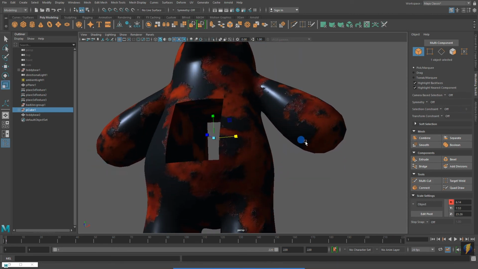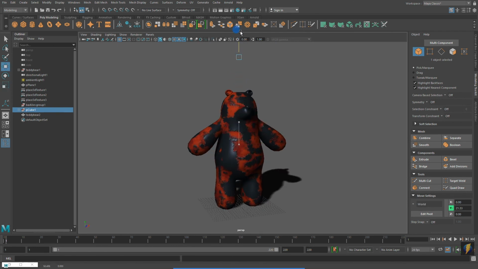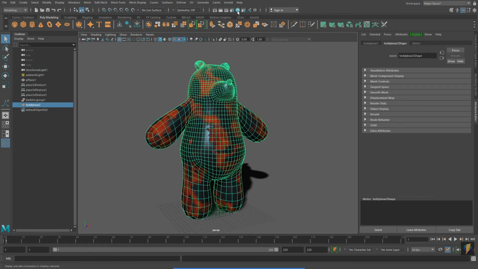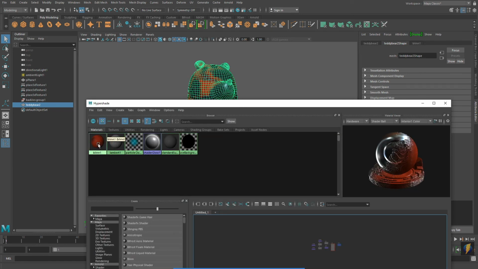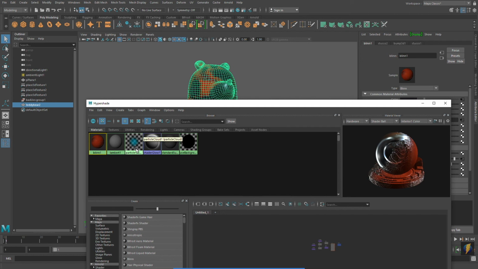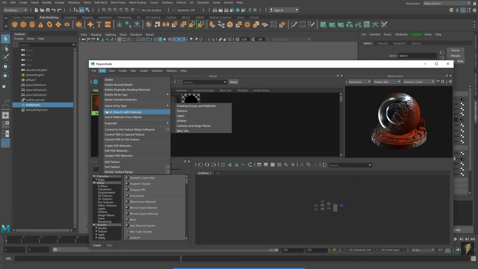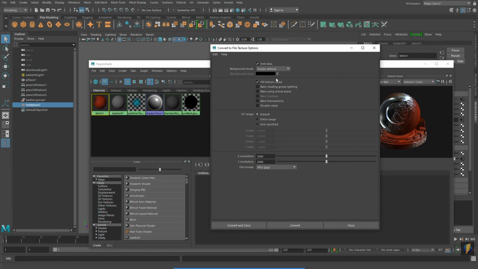While 3D procedural textures do not require UV unwrapping or mapping, I'm going to now demonstrate why I think it's still worth the effort to properly UV unwrap your mesh. With both my mesh and material selected, in my Hypershade I'm going to go to Edit, Convert to File Texture. Here you can set the file type as well as the size of your texture. I'm going to make mine 2048 by 2048. It takes a moment to convert,